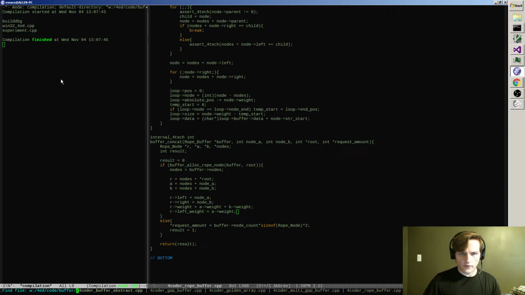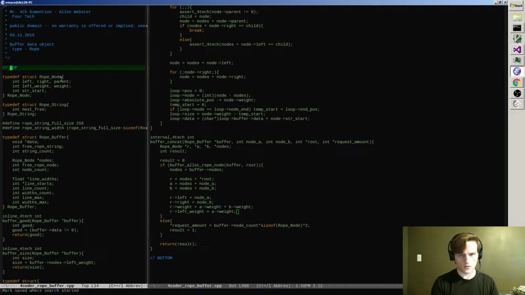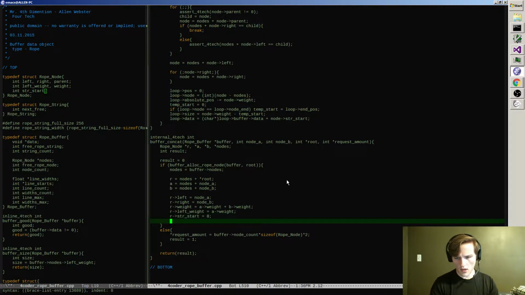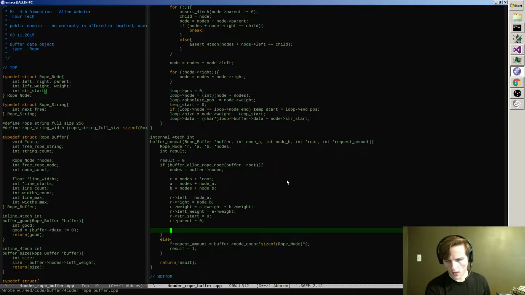Okay, so that's all of that stuff. Where is my... Okay, so left, right, weight, and the string start can be set to 0. And for good measure, I will set the parent to 0. That way everything just always gets initialized in a way that hopefully makes sense. And, let's see,